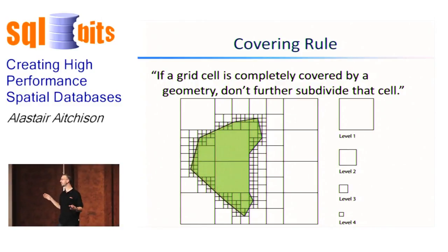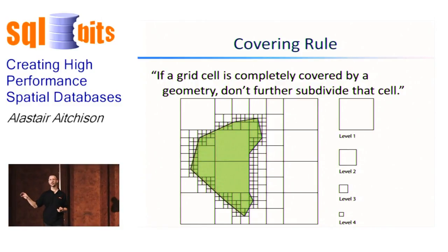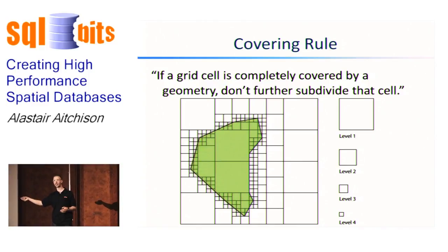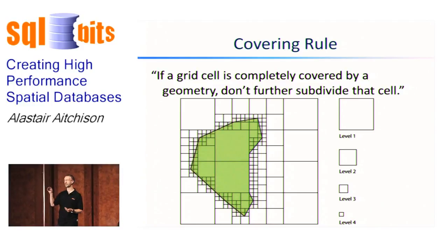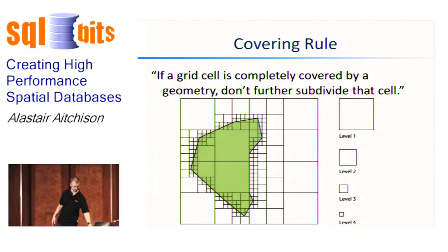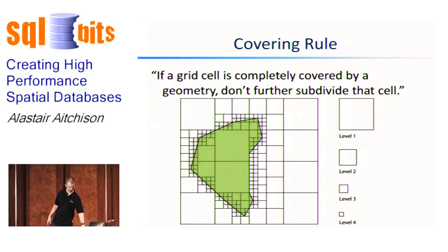Therefore, by implication, every one of the level 2 cells contained within those level 1 cells must also be totally covered, and the level 3 cells beyond that, and the level 4 cells. So it wouldn't add any more information to our index if we bothered storing those grid cells as well. All we do is we store the level 1 cell. We say this is totally covered, and that's all the information we need to know. We then go on to the next rule,